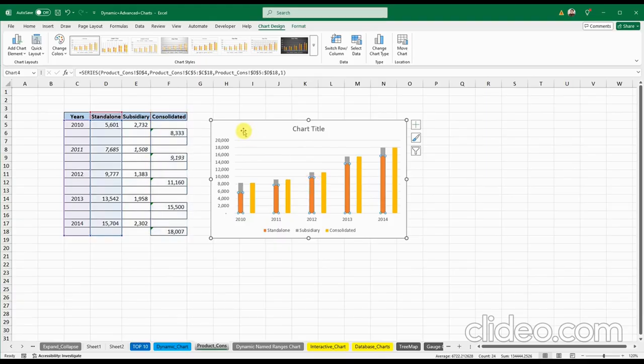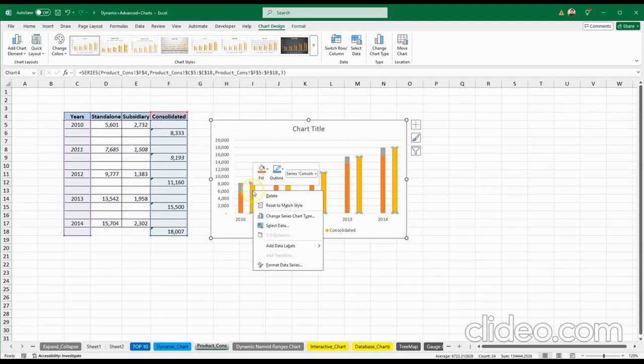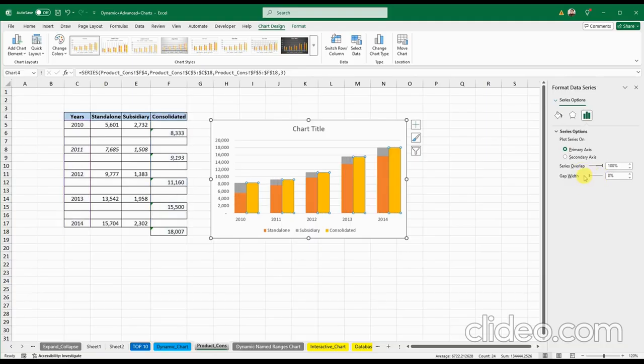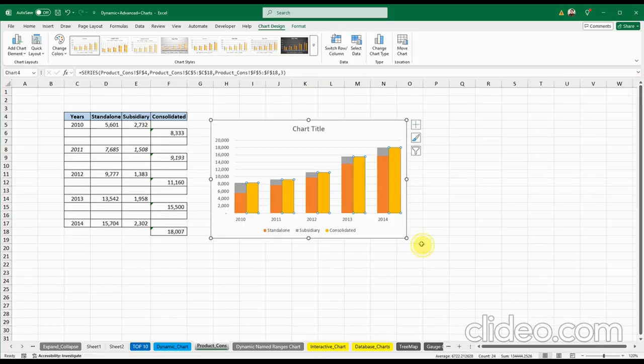And we don't need this gap. We need to eliminate this gap. So how can we do that? I will just right click on the consolidated bars, right click, format data series, and I will just make the gap 0%. So now you can see that we have the numbers of standalone and subsidiary as a column,